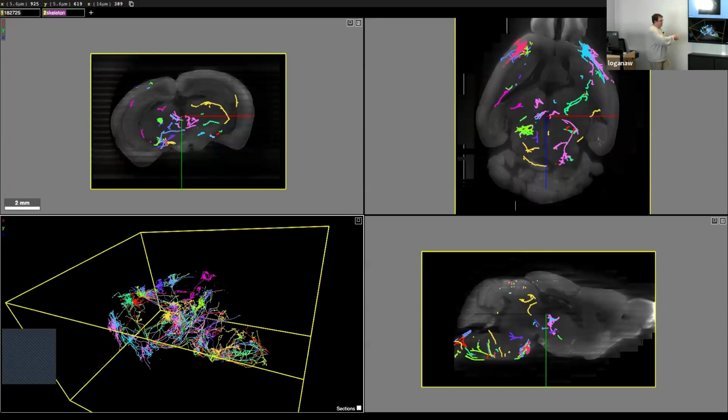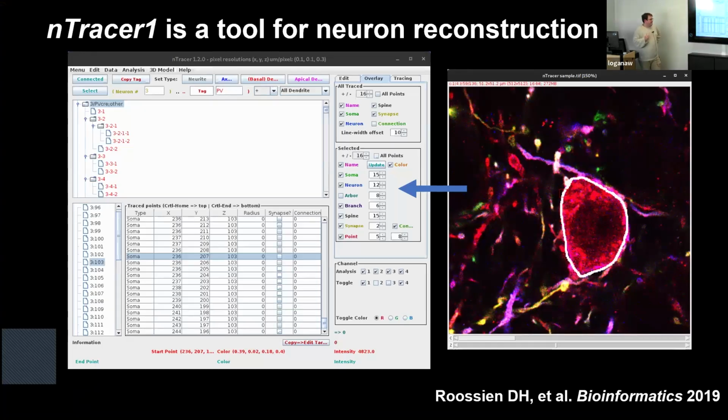But then I have all these neuron reconstructions. Everything I've shown you so far is from published data sets, right? So for our lab, and the reason I kept this in, even though it's relatively old, is that when I gave the other bioinformatics seminar that I did, 5-6 years ago, whenever it was, I was actually talking about this tool. InTracer1 is a piece of software that was developed in the lab when I was a first-year grad student, that is using Fiji, the thing that you see there on the right, plus a custom interface to go through and annotate multispectral neuron 3D images to create